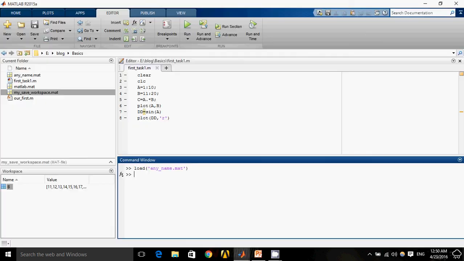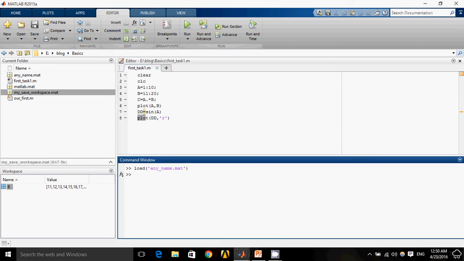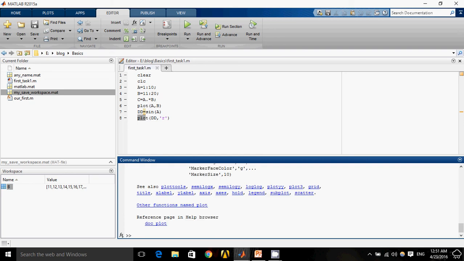And these two are the most helpful commands. One is help and the other is lookfor. Whenever you want to get help of any function or whatever thing comes to your mind, you can take help from MATLAB. I don't know what the purpose of this command is, which plot I use. So I will simply write help plot. Okay, and it will give me complete documentation. It will give me all types of plots.